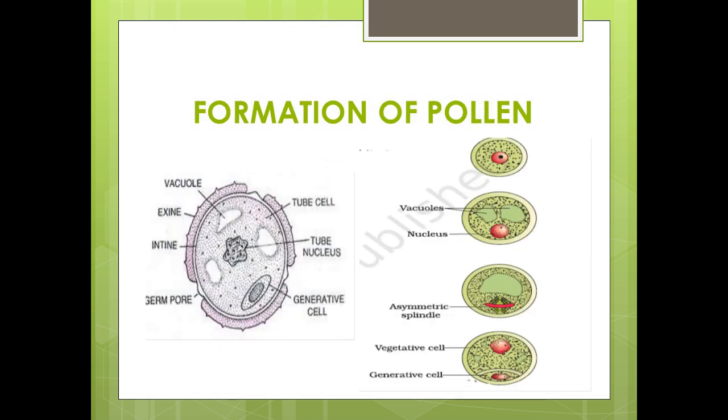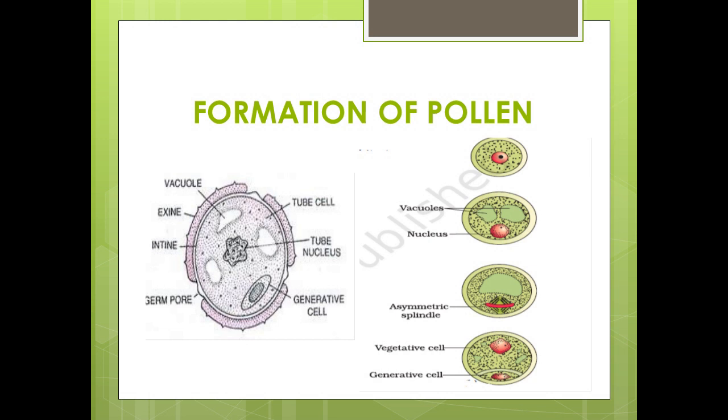Now see what happens, how the pollen is formed. Cells of the sporogenous tissue undergo meiotic divisions to form microspore tetrads. The process of formation of microspores from a pollen mother cell through meiosis is called microsporogenesis. Microspores are arranged as clusters of four cells, the microspore tetrad. As the anthers mature and dehydrate, the microspores separate from one another and develop into pollen grains. There are several thousands of microspores or pollen grains that get released on dehiscence of anther.